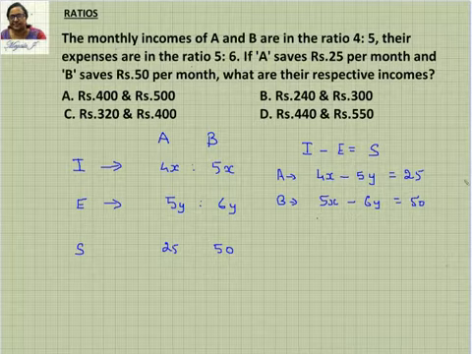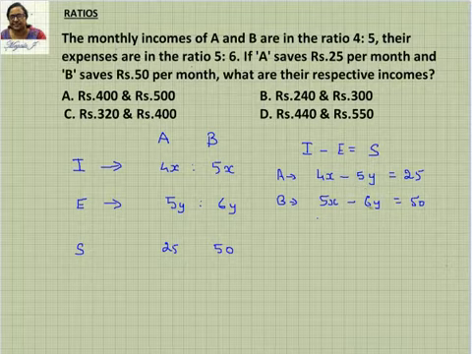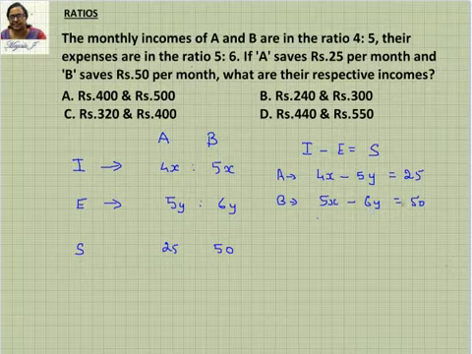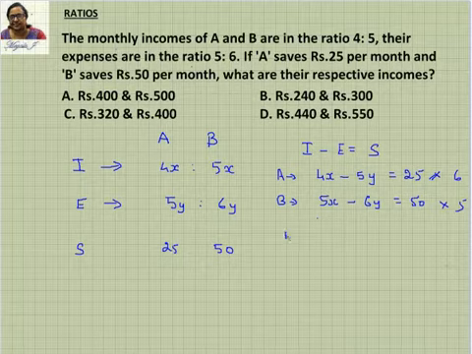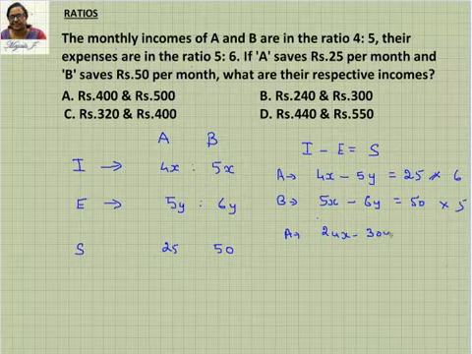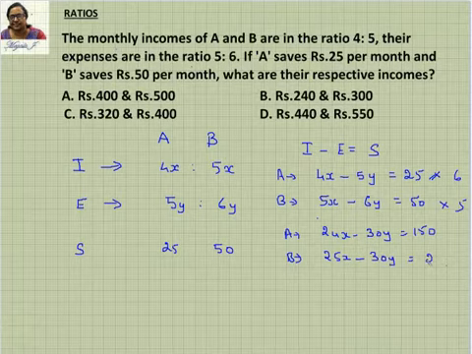So just solve this. What you can do here is eliminate one of them. I think we can eliminate y here. To eliminate y, multiply the first equation by the constant term 6, and multiply the second equation by the constant term 5. That is, multiply this equation by 6 and this one by 5, and write down the values. The first equation, A, becomes 24x minus 30y equals 150. And the B equation will be 5 into 5, 25x minus 30y equals 250.